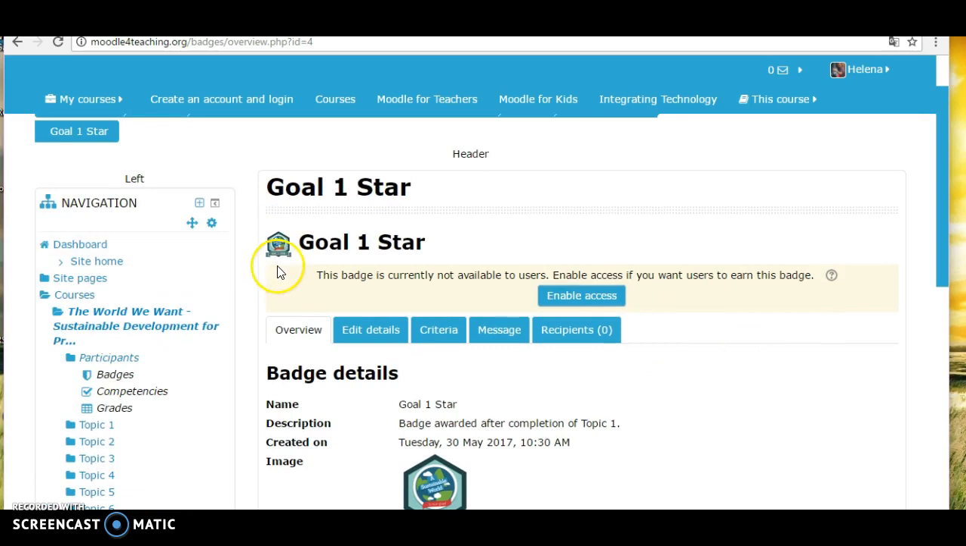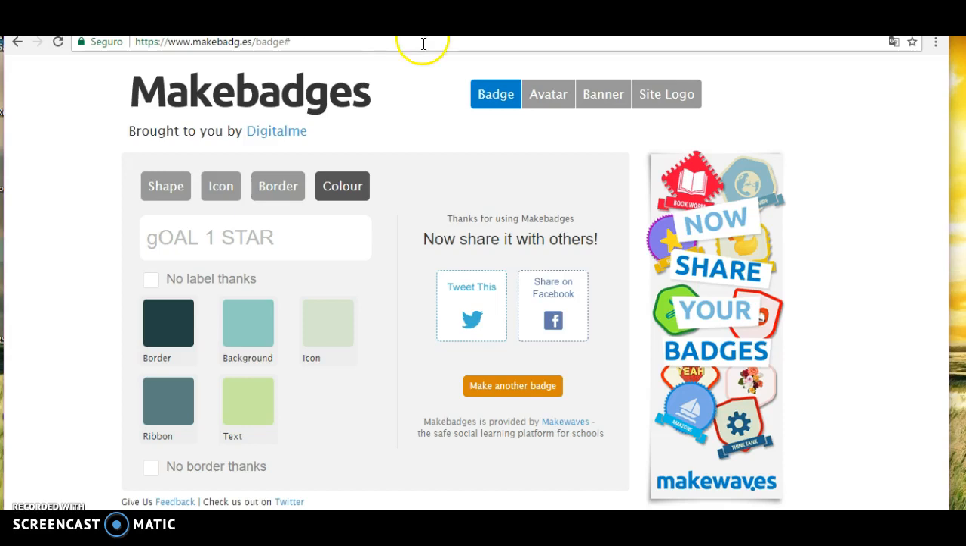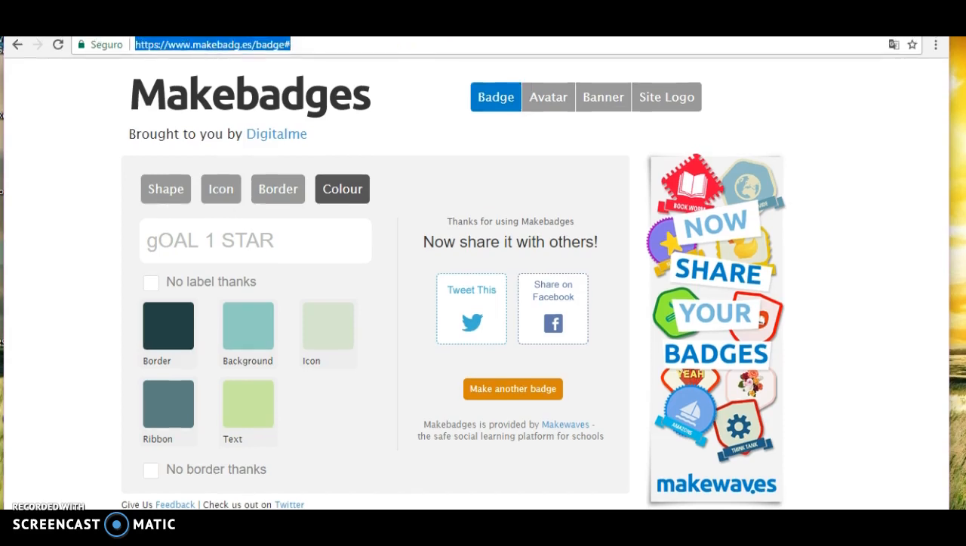So before coming to my first badge that I called Goal 1 Star, and why Goal 1? Because we will be developing the global goals for sustainable development along the course, and there are 17 altogether. There won't be 70 badges, since some of the goals can be grouped together. So to come up with this badge, and you'll see that the icon in the middle is very much the same as the picture that identifies the course, I came to a site called Make Badges,